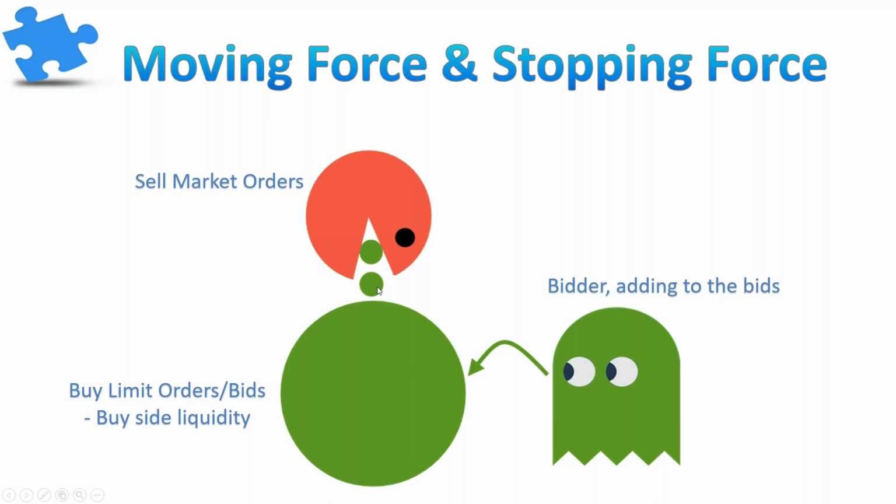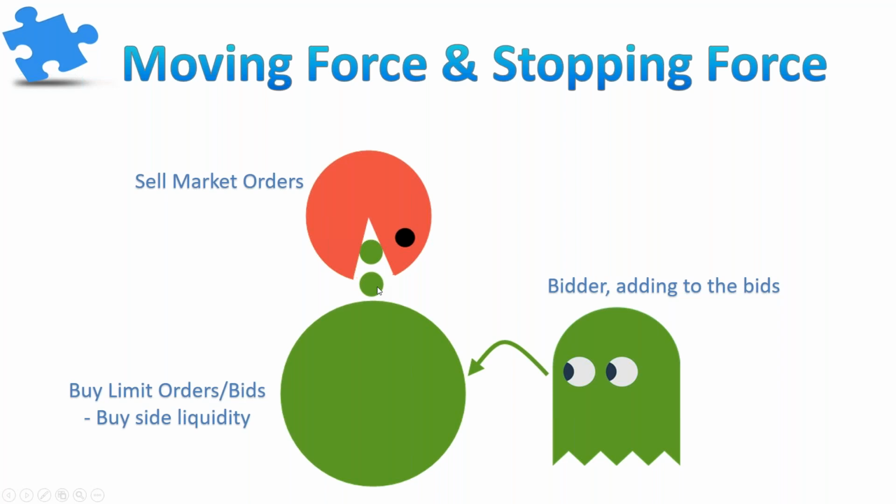Not only that, many of those that sold with market orders are now stuck because they sold expecting price to move down. They shorted contracts only to find that price is no longer moving their way. Now, the balance of trade, the volume of buy market orders to sell market orders, is one of the key